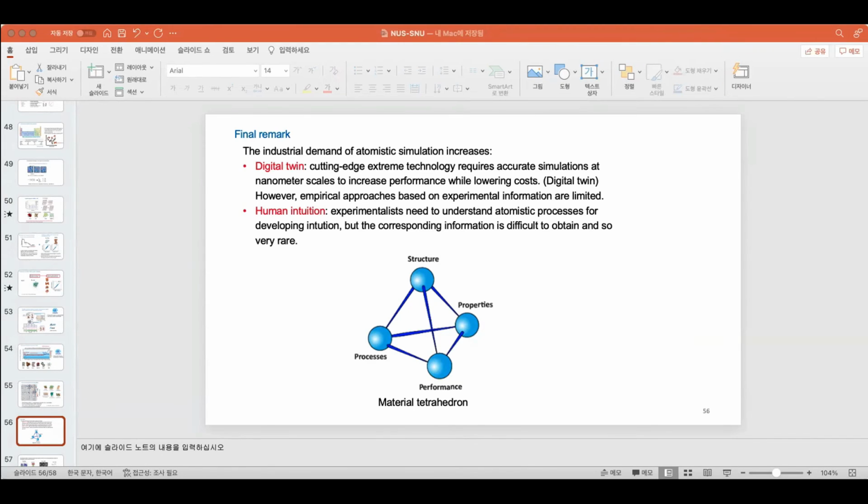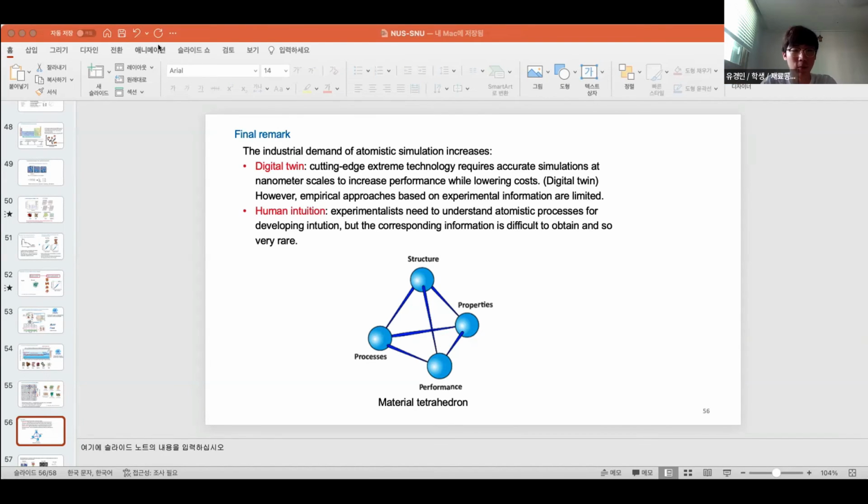May I ask a question? Sure. Thank you for the lecture, Professor. I'm a freshman at SNU, and I want to ask about the classical potential. You mentioned that there must be a finite number of atoms to calculate the classical potential. It may be up to some hundreds, but I've heard that in